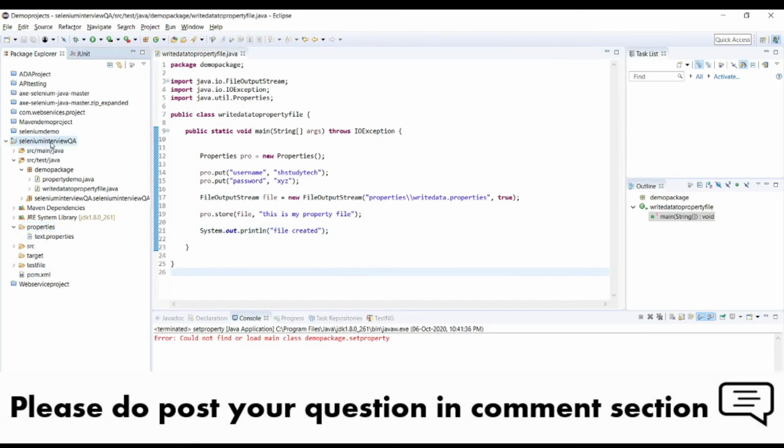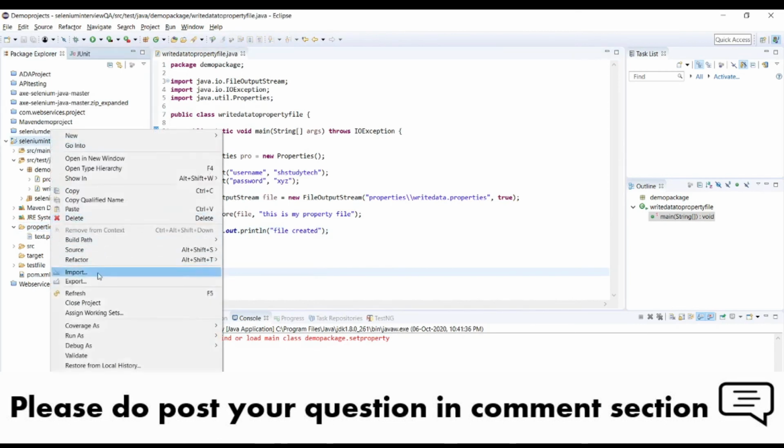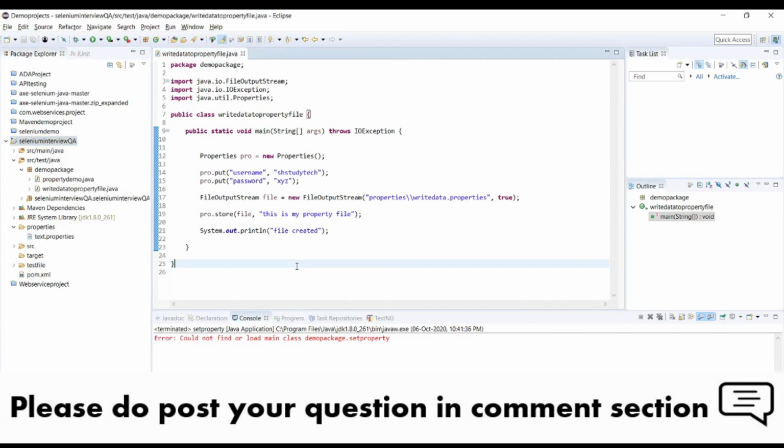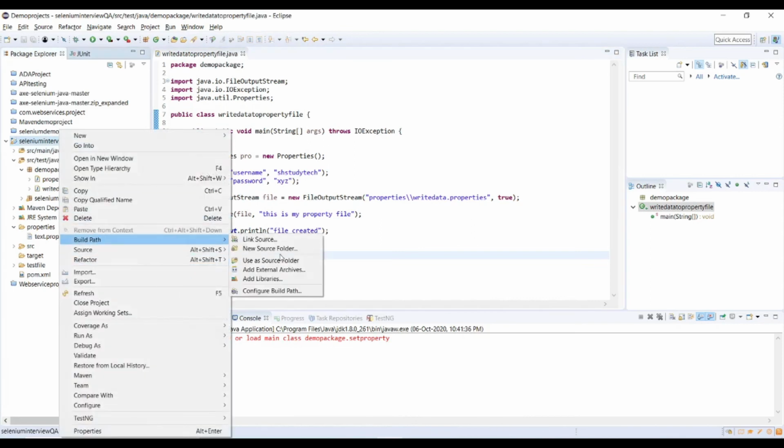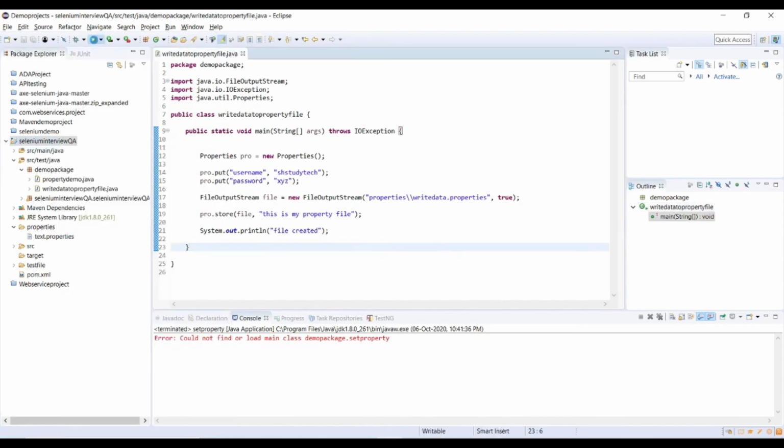Let me refresh. I did not use the set property anywhere. Let me try to run the program once again. Yeah, now this time it executed.